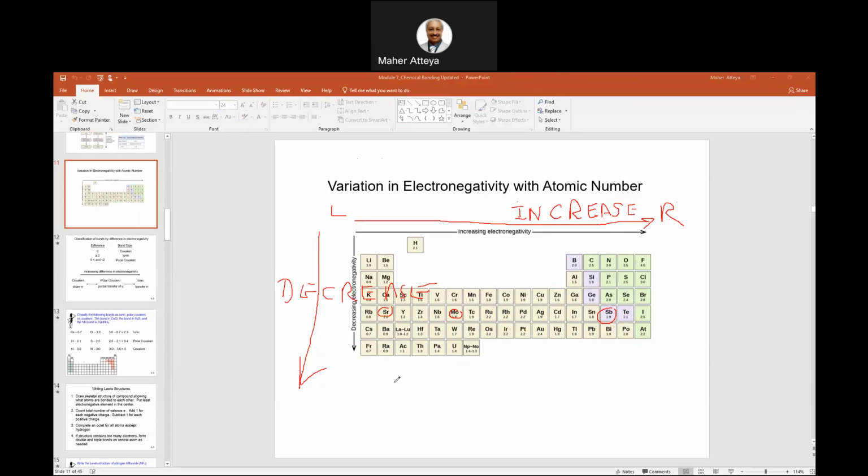So you have strontium, molybdenum, and you have antimony. You have three elements. Antimony is Sb here. It's a metalloid, and molybdenum is a metal, and strontium is a metal. So how can you put them in increasing